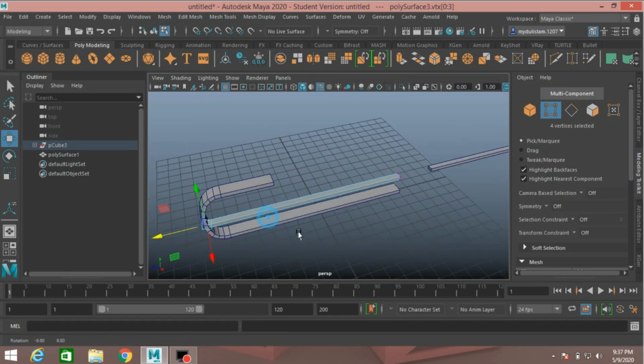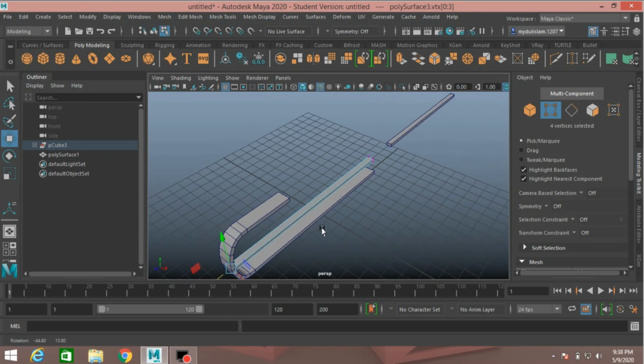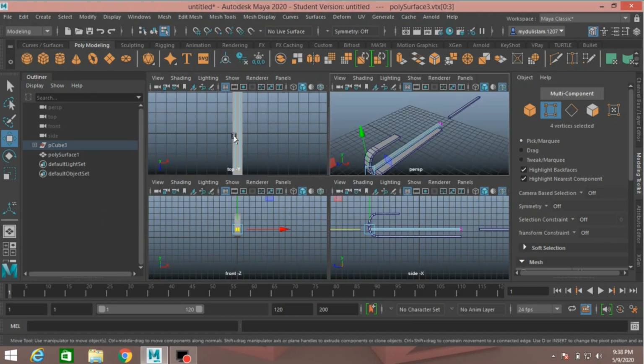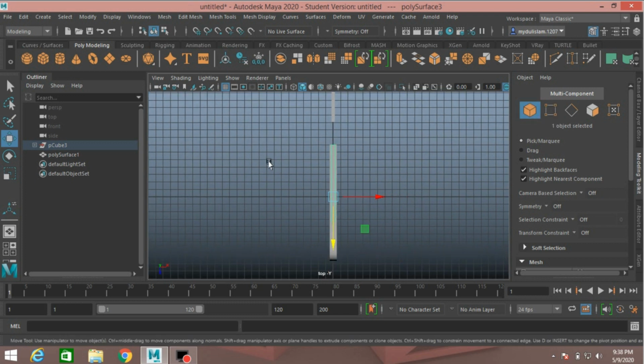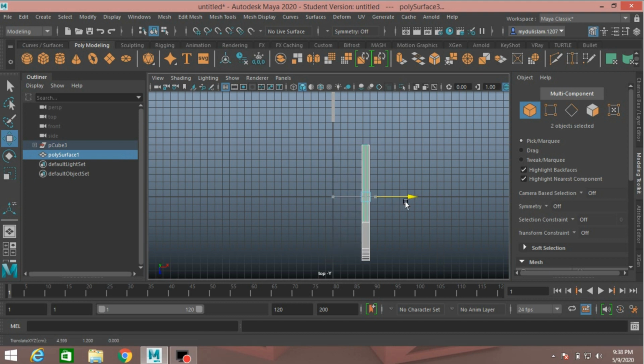Now again go to top view, object mode, select these two objects and move it here, just like here.